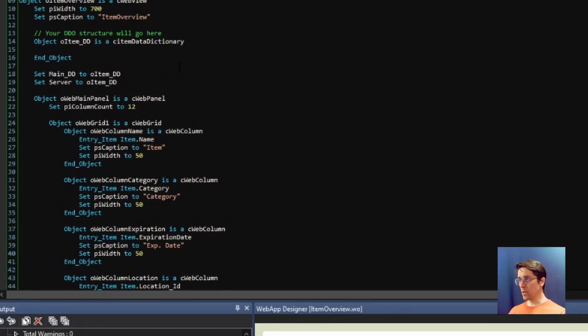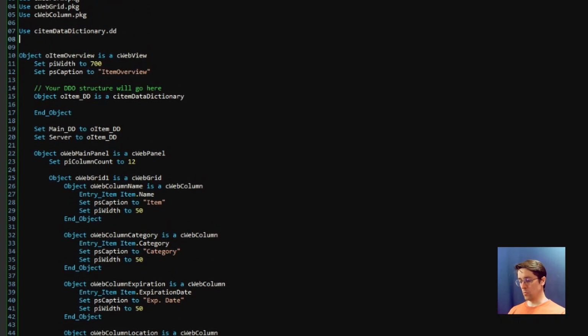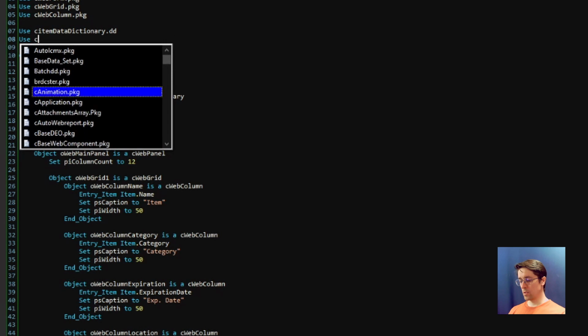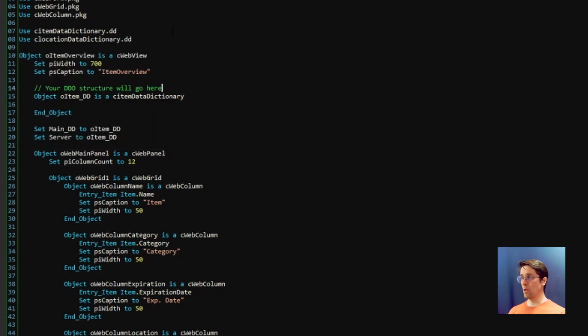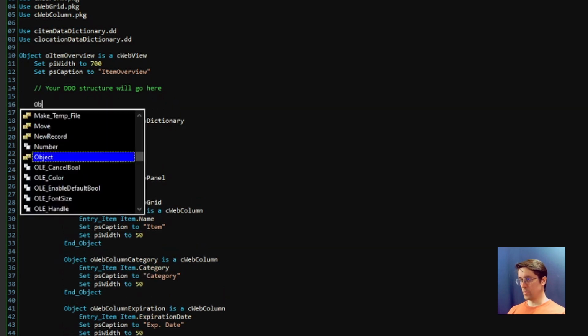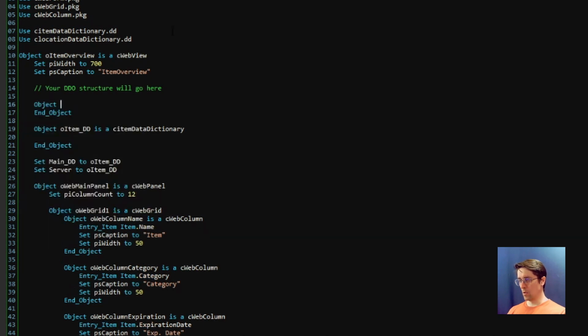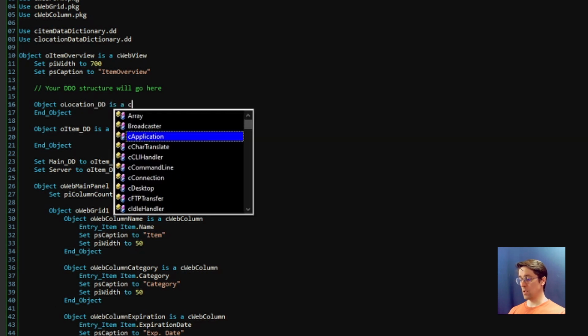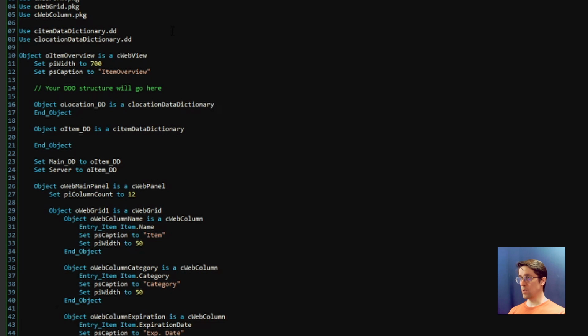And in order to do that, we need to use, say, location data dictionary, and we need to add the object location dd is a C location data dictionary,